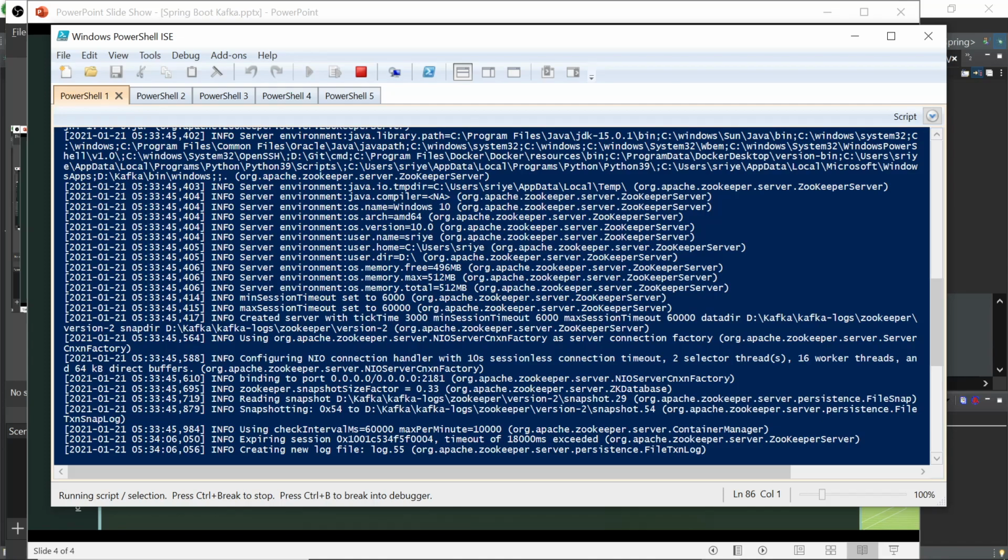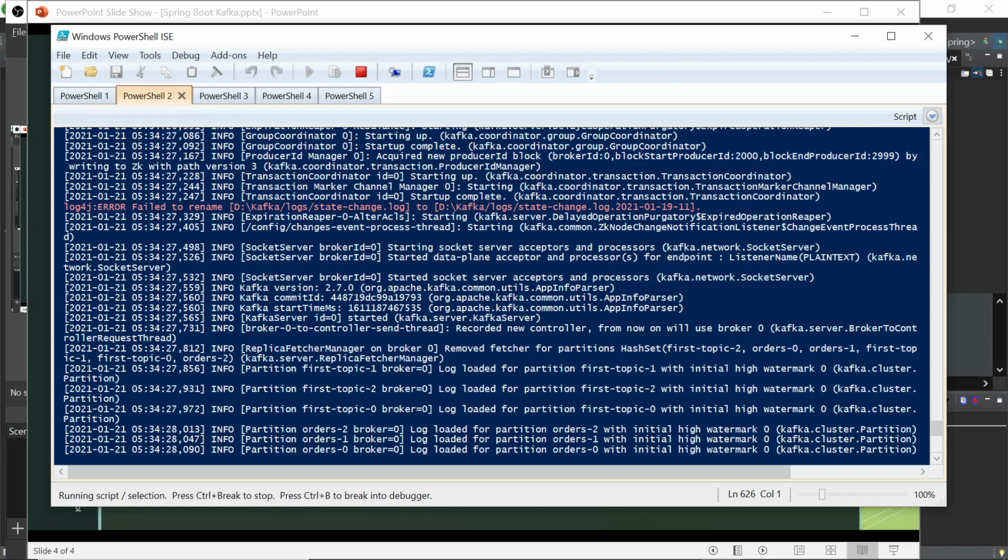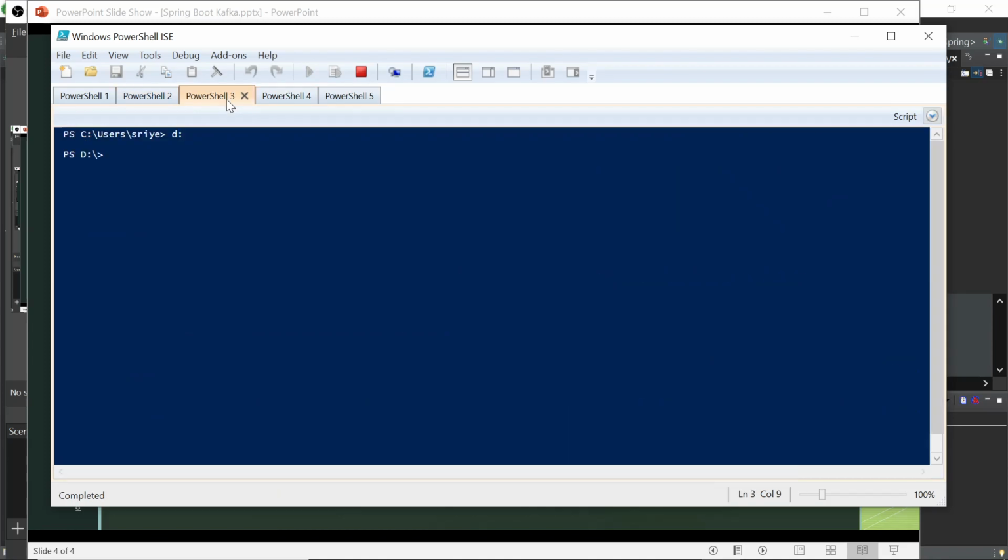Excellent. So Zookeeper is up on port 2181, as we can see here, and there are some topics that I had created here initially. So we'll create a new topic of our own so that we can publish messages to it and read messages from the topic, right? So there are a few parameters that we will need to specify.